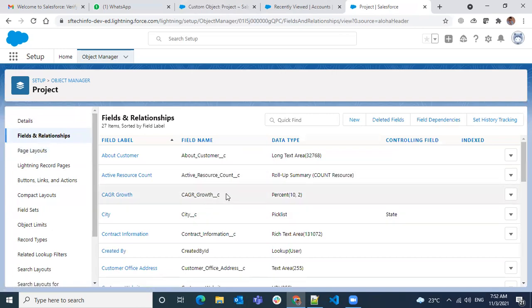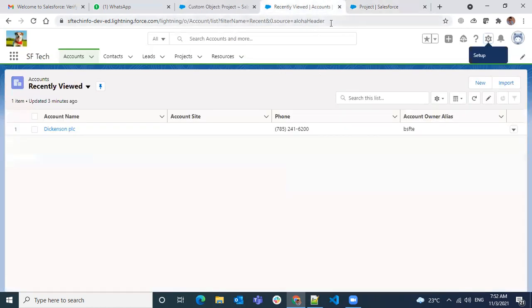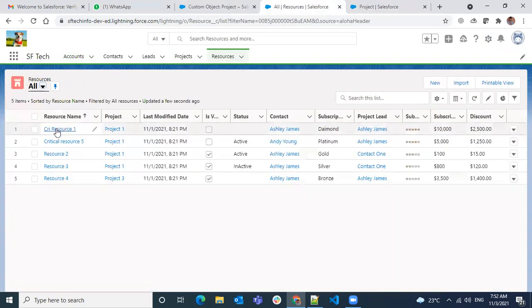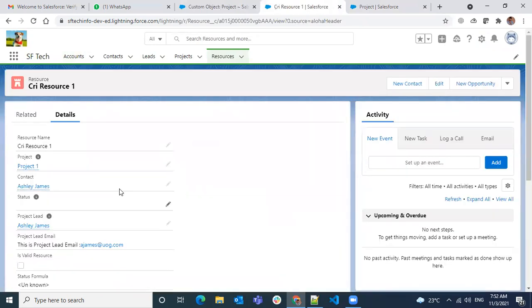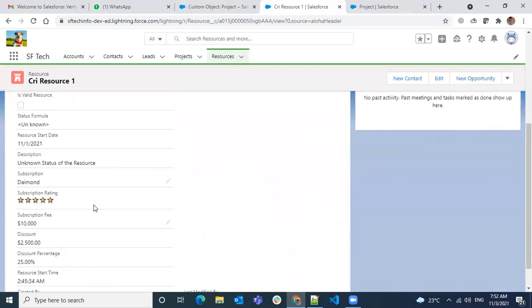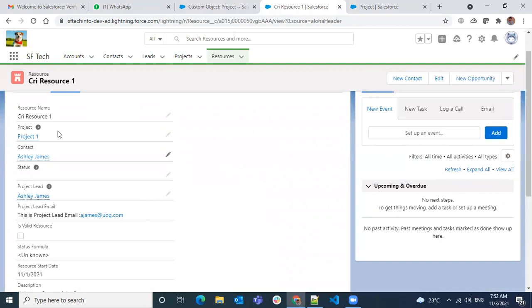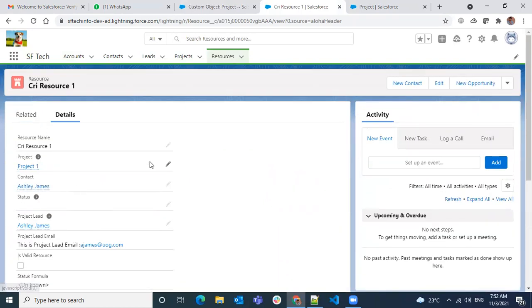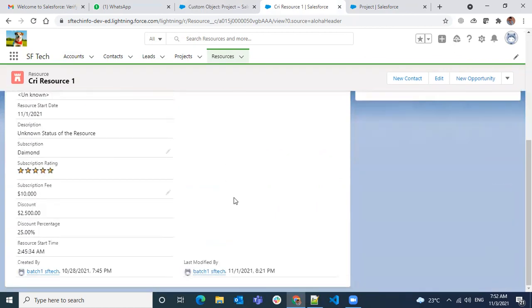Whenever we create a field, we are saying that it is added to the layout in one of the steps. And when we look at a resource or project, any of the records, it looks not well organized. Everything is in one column, and I don't like this page.